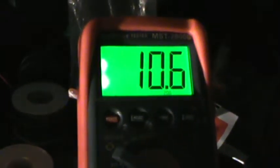Now, that light was being run off of this capacitor from 15 volts for an hour, almost an hour and 36 minutes, almost an hour and 40 minutes basically. I mean, obviously if you want it bright or whatever, I suggest you run it for like an hour and a half, I guess. You know, just knock off those 6 minutes, but still, an hour and a half is still very good compared to just charging this capacitor up within just a few seconds. Now already at 12 volts. And it's going on